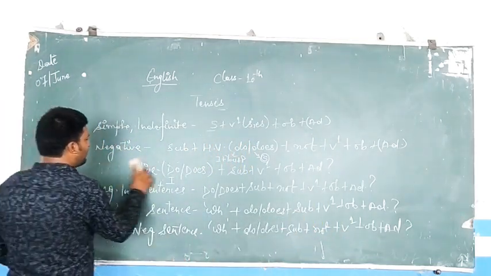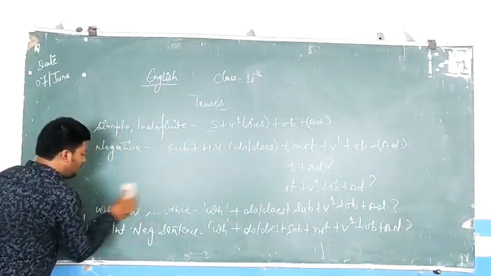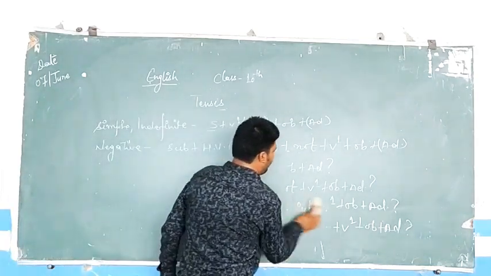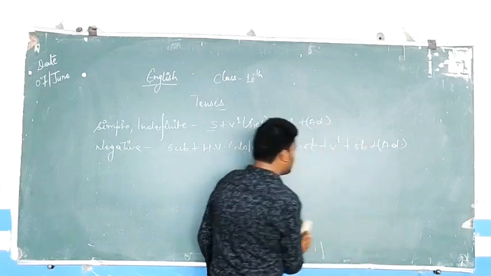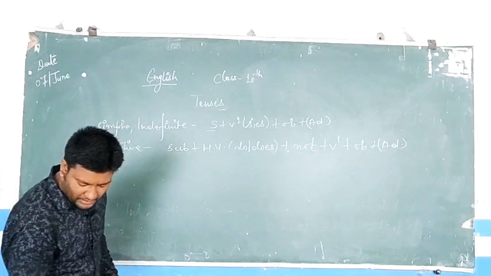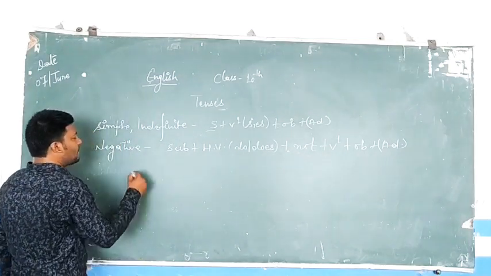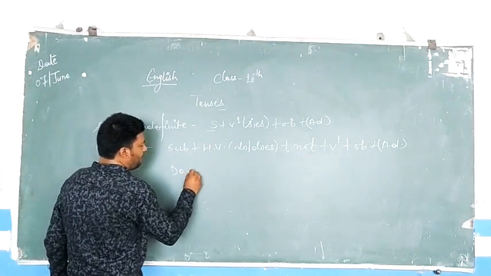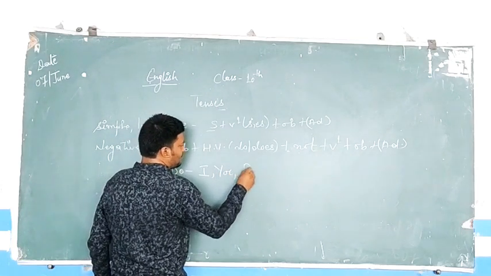Simple indefinite, I already described it to you. Now I will describe how to use do and how to use does. I have already described it to you, but because this is an online class and you are not in front of me, my dear kids, let me again explain it to you. Subject plus helping verb do or does. Do for subject I, you and plural.